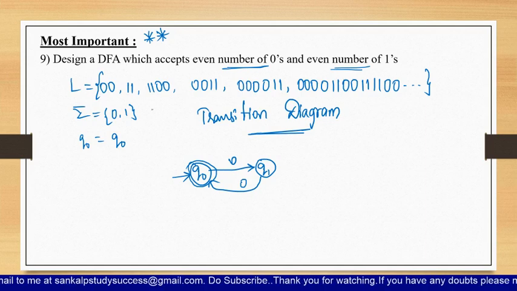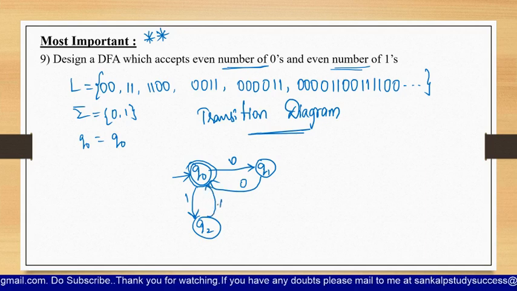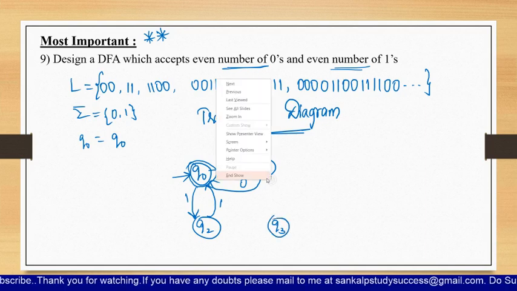But now this 1 1 also should be accepted. That means by applying 1, you come to Q2, and even number of ones should be accepted, so again if you move to Q0, then it is accepted. But if there are an odd number of zeros and an odd number of ones, it should not be accepted, right? That means if you take Q3 from Q1, if you move to